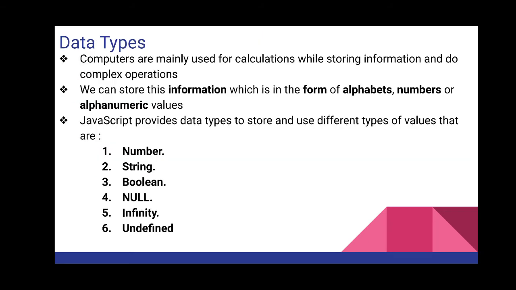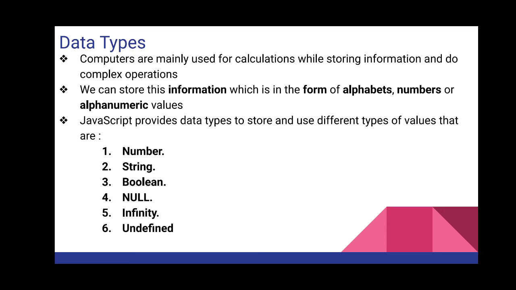Next, now we have seen that we are going to put some data in our variable, right? In the previous slide we were using some numbers, 100, 10. It is not necessary that you can only use numbers. I can put "hello", I can put a name in my variable. The different types of data which we can save in our variable are known as data types, means different types of data which can be used in JavaScript. So first we will see what exactly a data type is.